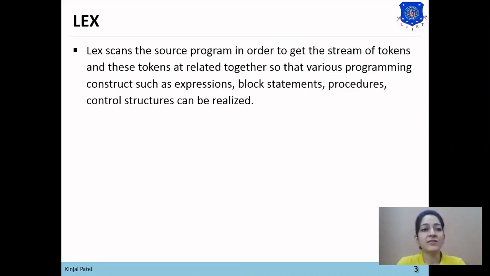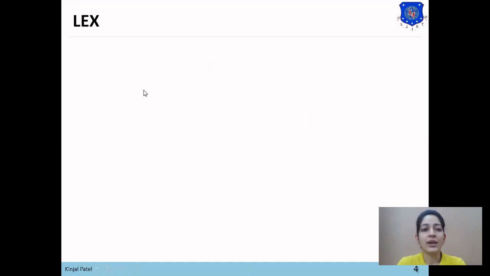So our first phase is lexical analyzer. The Lex tool is used to generate the first phase, which is the lexical analyzer, and our second phase is syntax analysis. The Yacc compiler is used to generate the parser. These two compilers are bound together with the C compiler to convert the source program into a stream of tokens, and from that stream of tokens to generate the parse tree. We'll see how Lex works and how it converts the program into a sequence of tokens.